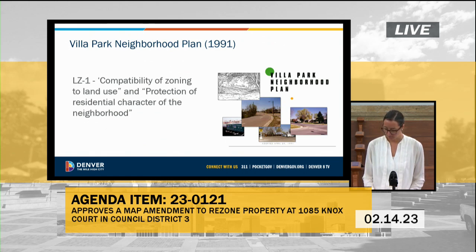A quick note here on the next 2 plans that we're gonna see. So we're gonna look at Villa Park and West Colfax. The draft West Area Plan is intended to supersede the Villa Park Neighborhood Plan and the West Colfax Plan. However, given the timing of this application, the relevant plan guidance is addressed in the staff report. And that means we will be reviewing these 2 plans, and these are the ones that we really need to